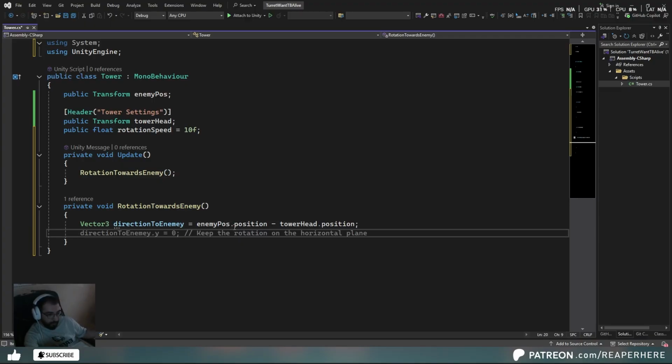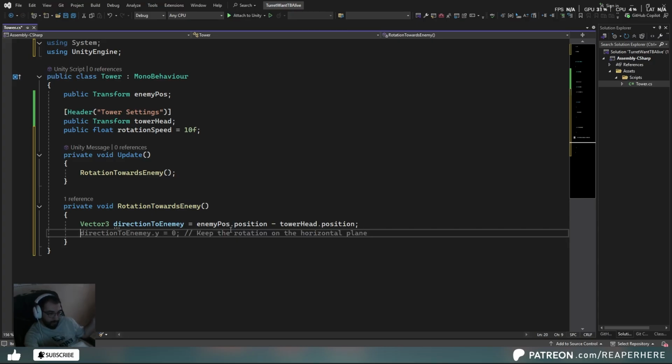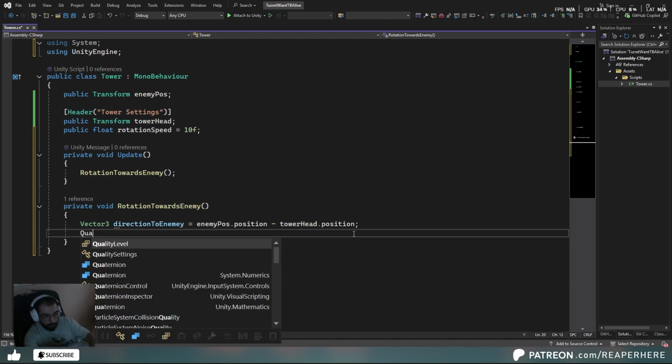First of all, we are defining direction to enemy equals enemy position. Let's say this is the enemy and here's the tower. We want this distance by taking the distance between each other. Okay, and whenever you want to use